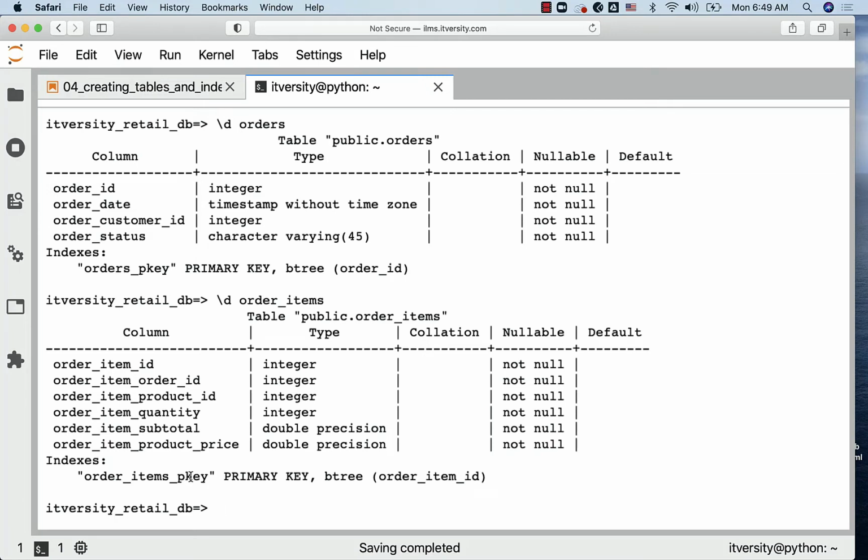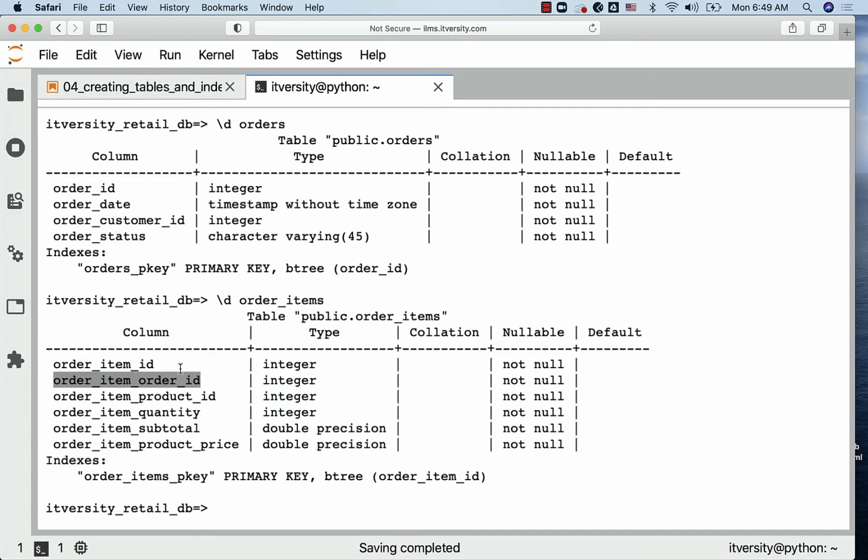If you want, you can add that foreign key. However, that is not the main agenda for this topic. The main agenda for this topic is to explain how much improvement there will be when you index fields such as order ID. If you define these tables properly, by now there should be a foreign key constraint between order_item_order_id and orders.order_id. Whether we have it or not explicitly, it doesn't matter. As long as our data satisfies the condition, we should still be able to evaluate the performance of the queries. So don't get confused that there is no foreign key here.